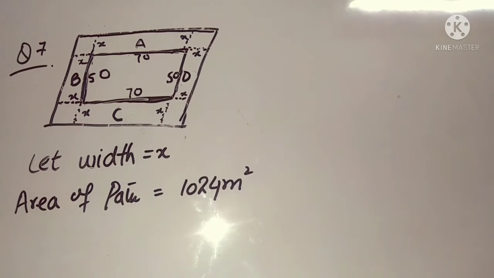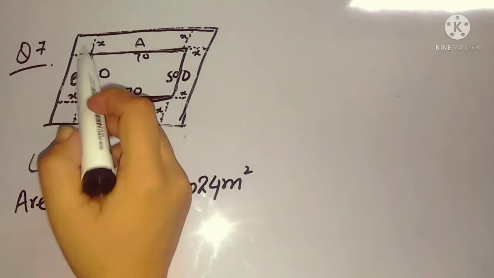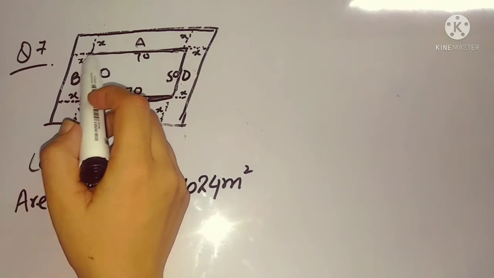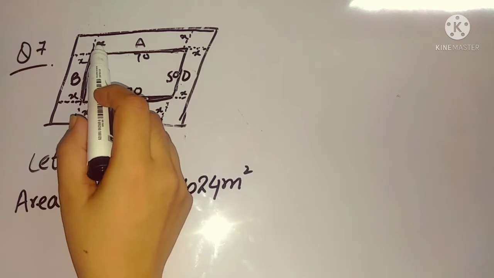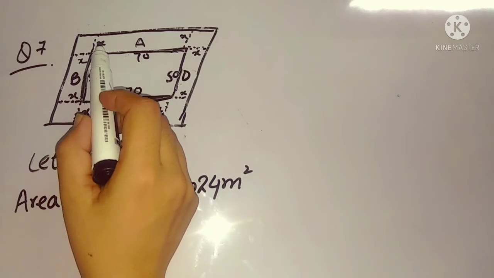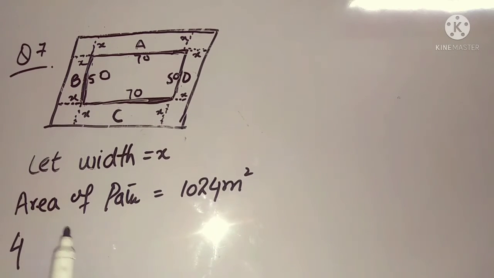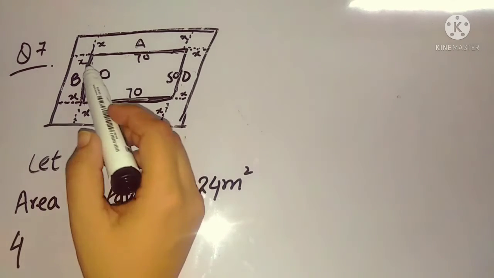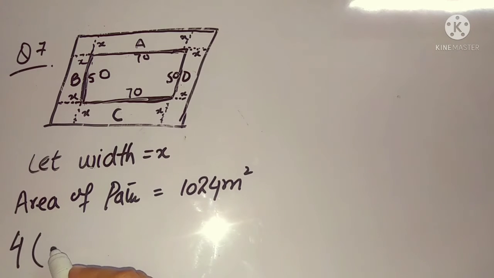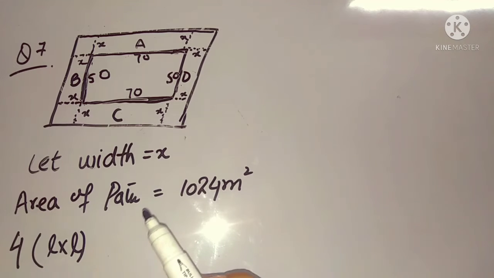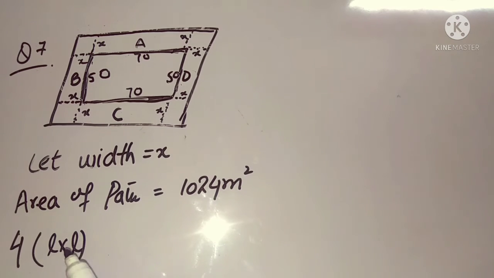Now you know the formula of the area of a rectangle, that is length multiplied by width. And what is the formula to find the area of a square? That is x square, that is L square. So length is L, and here this is also L. There are four squares, so I have written 4. The formula to find the area of the square is L multiplied by L. So there are four squares, that's why I have written 4, and this is the formula L multiplied by L to find the area of the square.